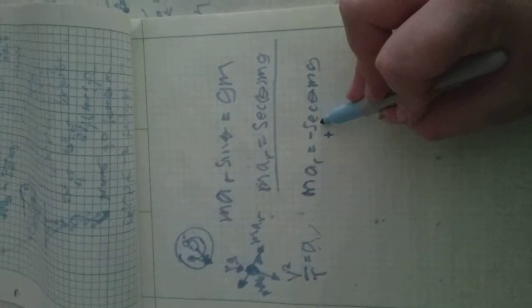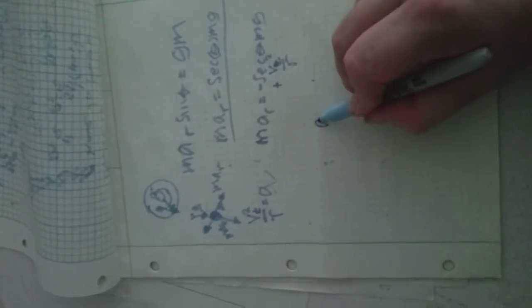So if you want to find the mass times acceleration in the radial direction, what you have is negative secant theta mg, that is pulling in, and then you're adding v tangential squared divided by r. So this tangential velocity squared divided by r is going out away from the center, and this is going into the center. So if you want to find acceleration in the radial direction,